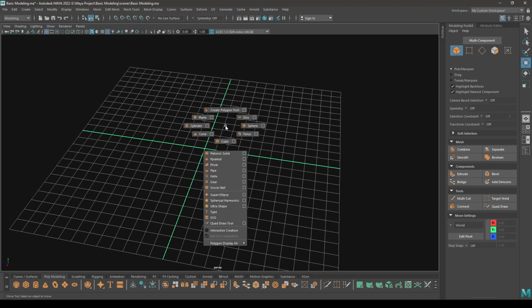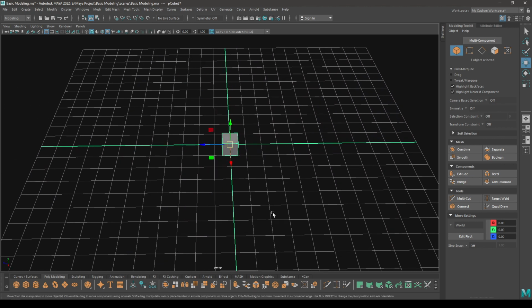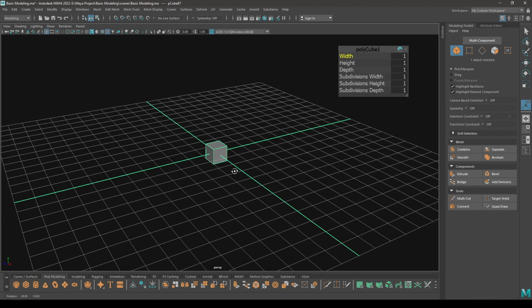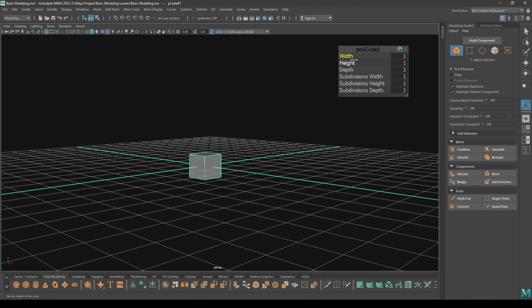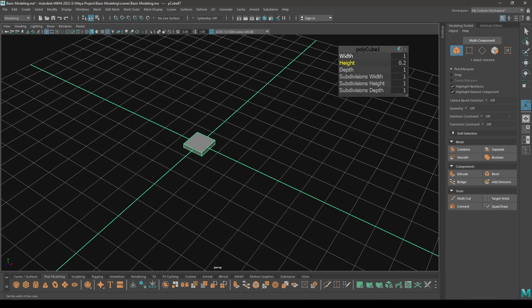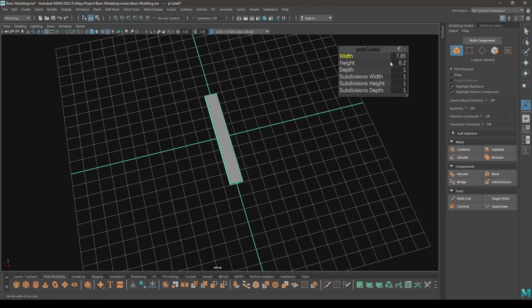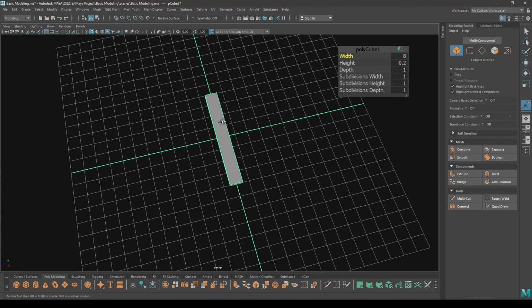First of all, I'm going to take a cube to create a wooden plank for the barrel. And I'm going to decrease the height to 0.2 and increase my width to 8.